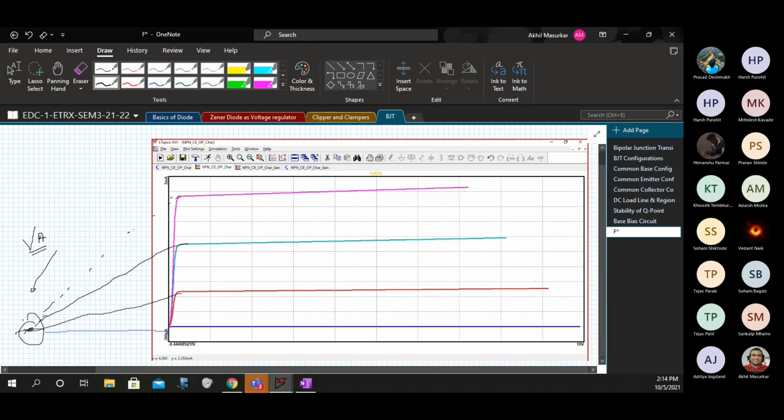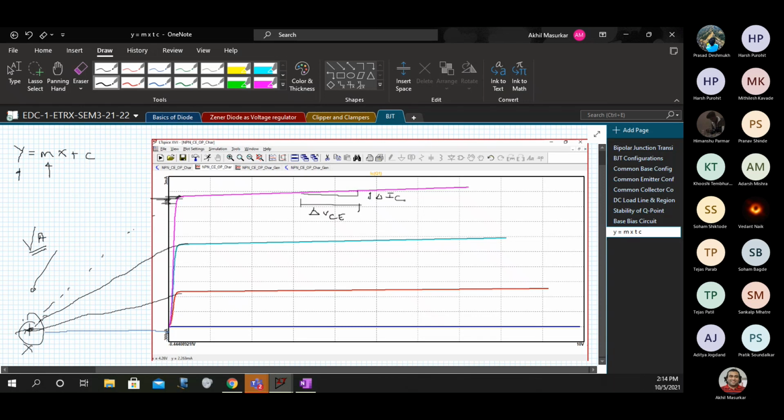So what we have to do is find out this x-intercept. You know y is equal to mx plus c. So y is the point where this line intersects the y-axis. m is the slope of this line, so you can find the slope by calculating delta VCE upon delta IC, and c is going to be this intercept.